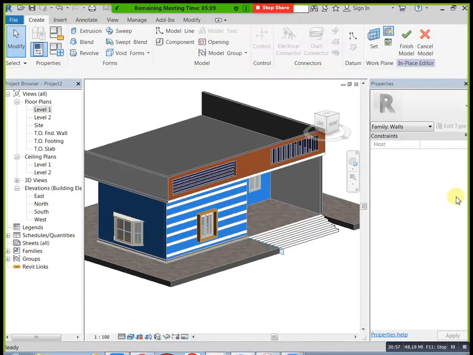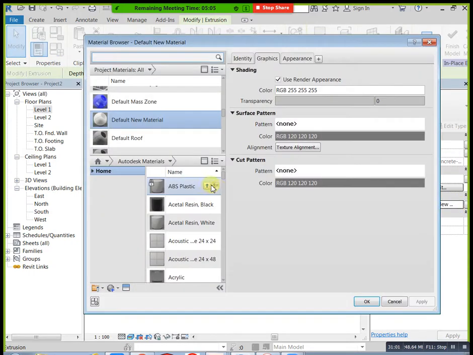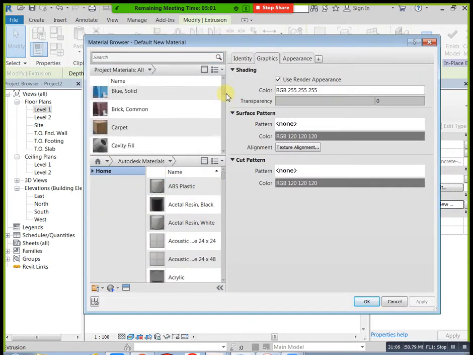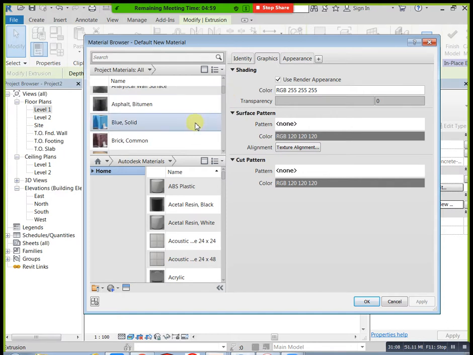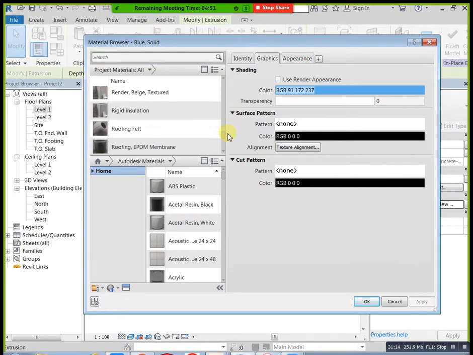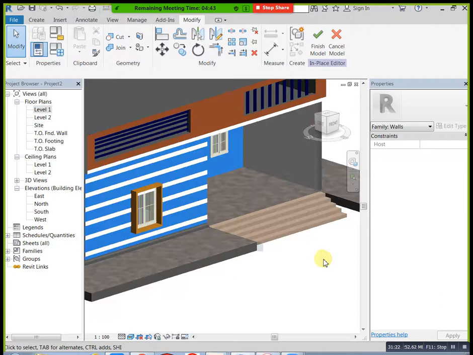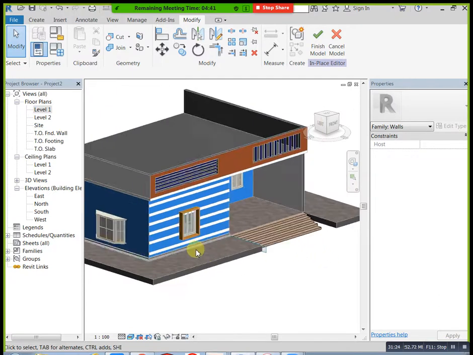Okay, and here also we have one more. You can select this one, edit, and you can apply here also. This one, finish. Now you can see like this. Based on our requirement we can create this one.